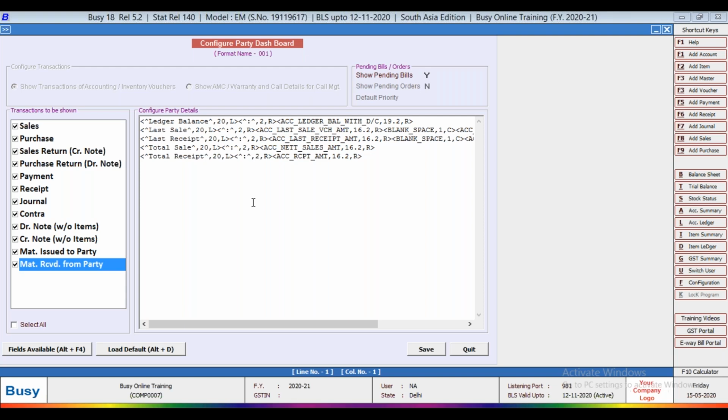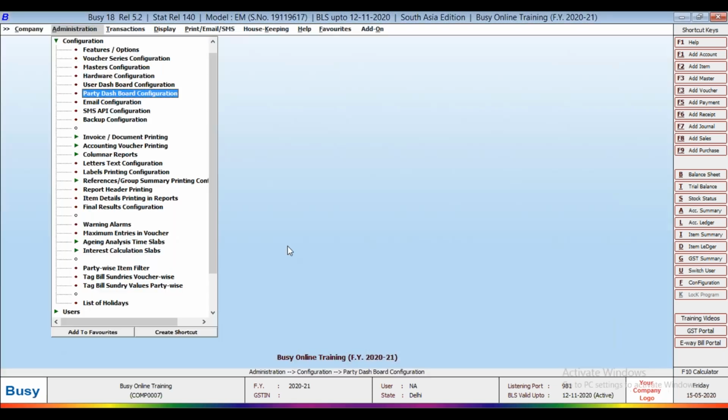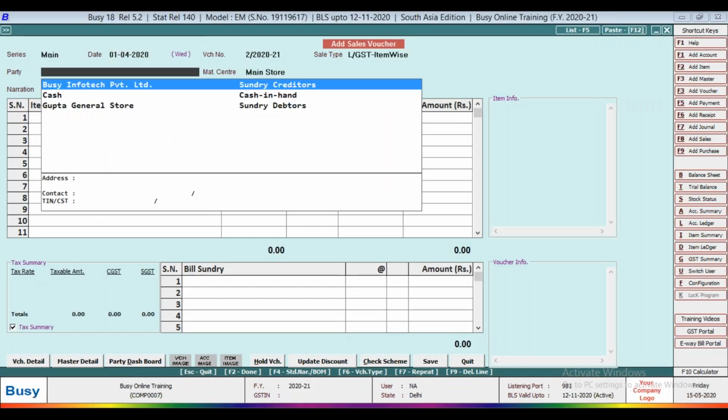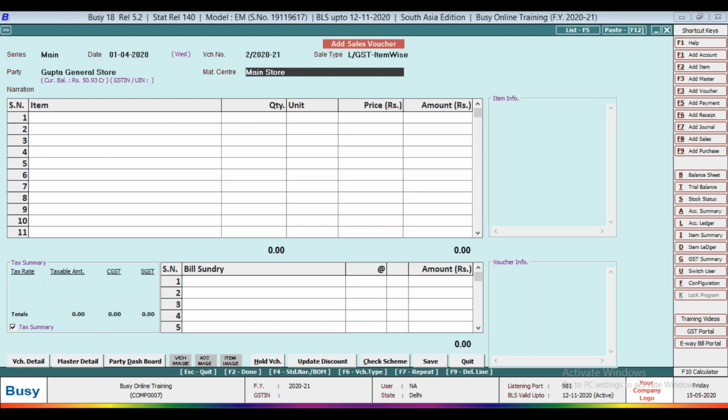For all of these, sale, return, purchase, return, payment, receipt, at the time of transaction, you have to show the party dashboard. Suppose you have configured the same, save it, then quit. Now select Gupta.